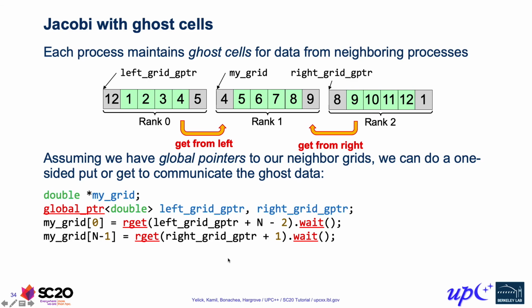All right, before we do that, we'll take a break here for live Q&A. And then after that, we'll come back and talk about some details in terms of how to set up storage so that we can do these one-sided puts and gets, and then we'll take a look at the details of the iteration using one-sided RMA. All right, so we'll break here for a few minutes.